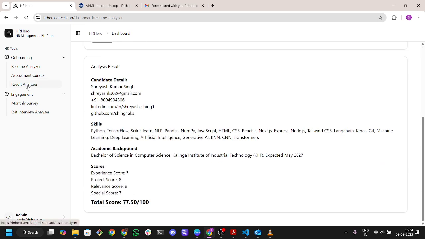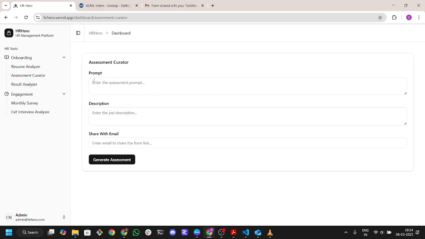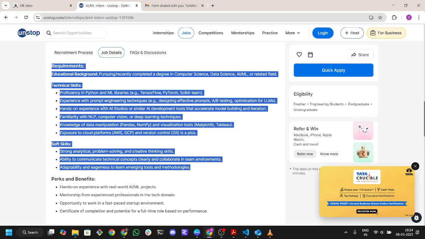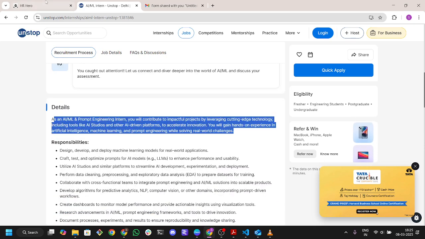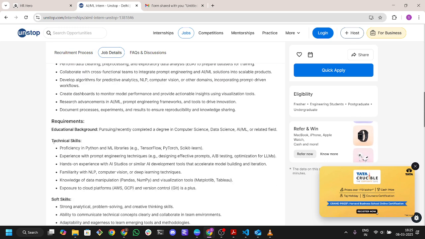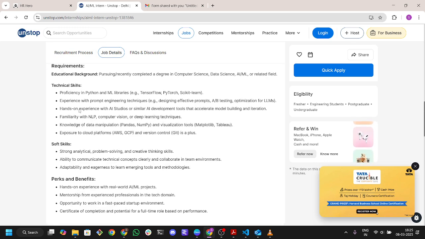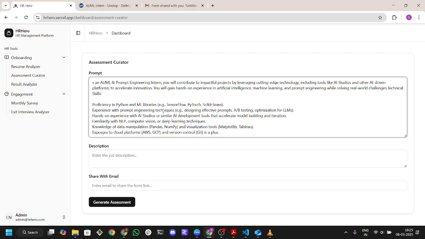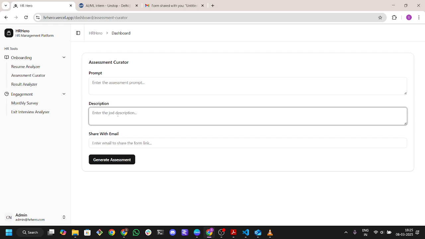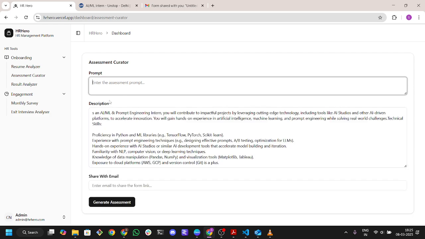So let me just go to the assessment curator. The idea of the assessment curator is basically that you want to validate the resumes too, right? Like how I gave this resume for this job application, but I still had to create an assessment to validate my resume and everything. I like the idea, and so I implemented that here too. So for the prompt, let's say a coding